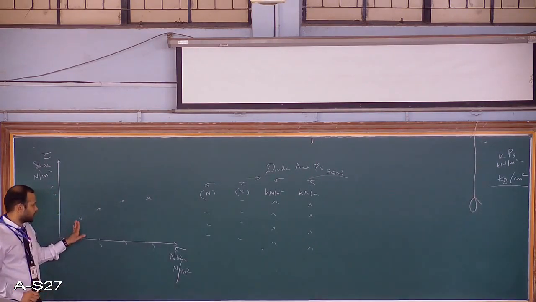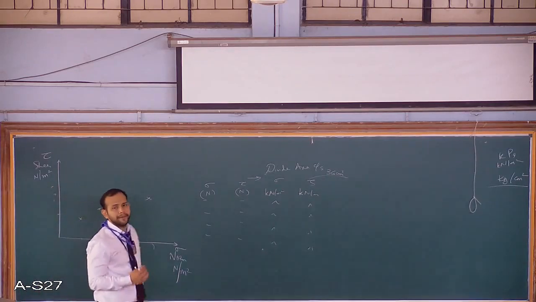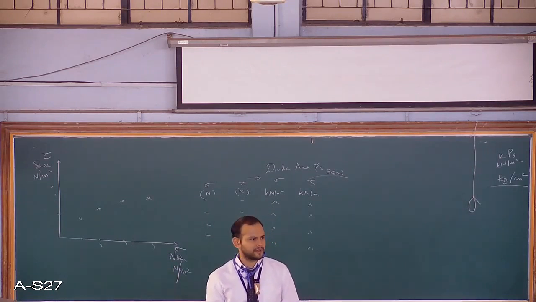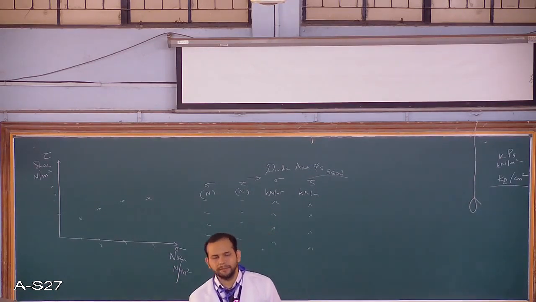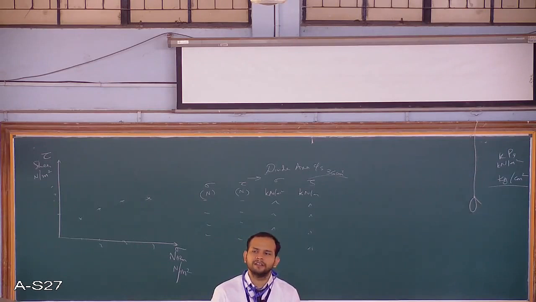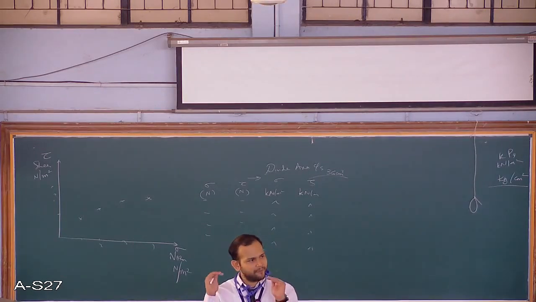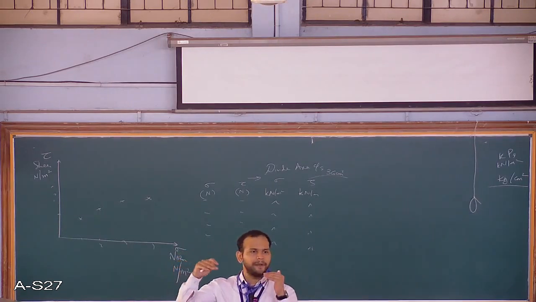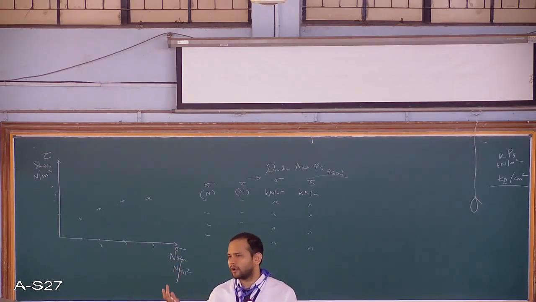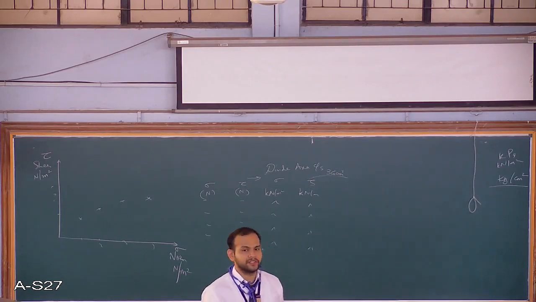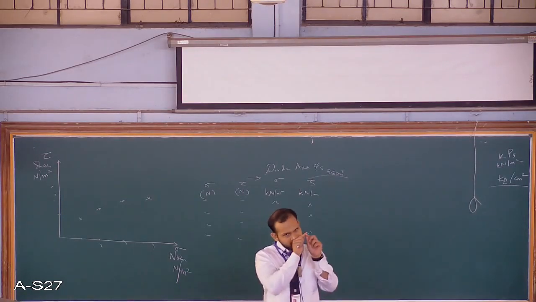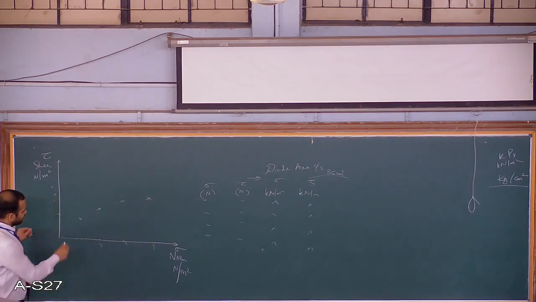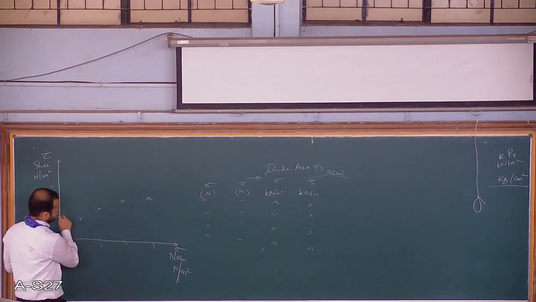So generally in soil mechanics, what you have to draw is a best fit curve. In mathematics, in the basics, you must have studied best fit curve. Simply, you have 4 points, you have to draw a line which is like an average touching all the 4. It may not touch all the 4, it may touch 1, 2 or even all 4, or even not a single point. But it should be passing averagely through those 4 points. So if I see here, I will draw a line which is like this.